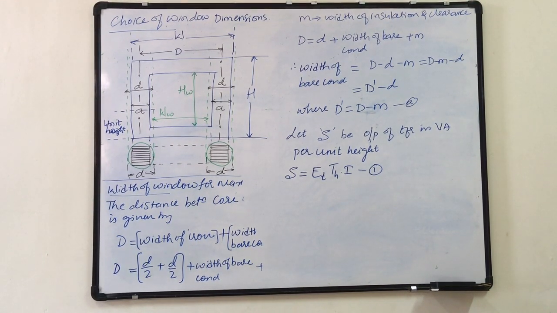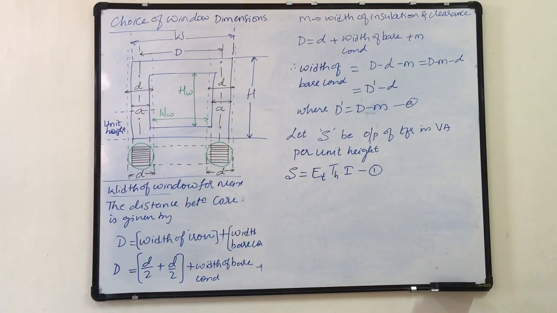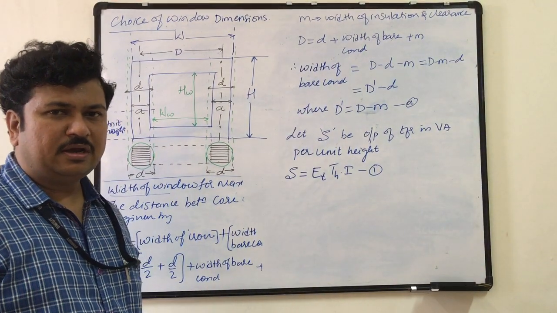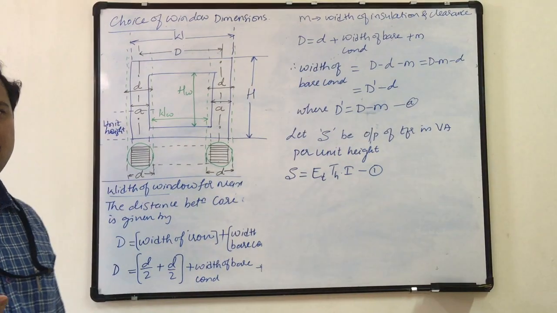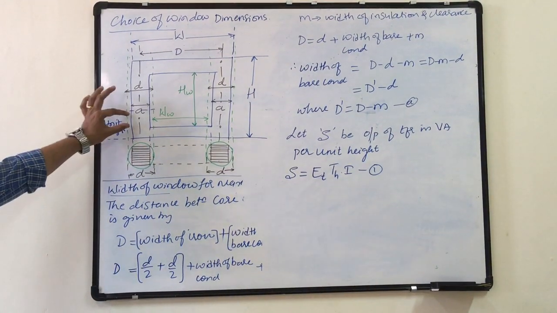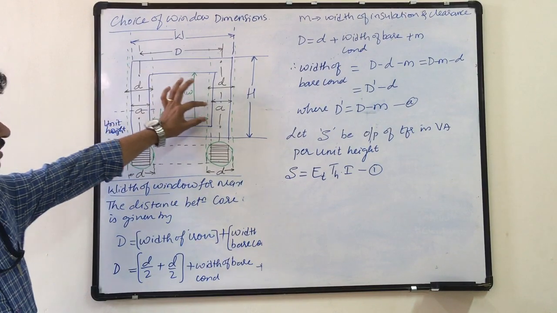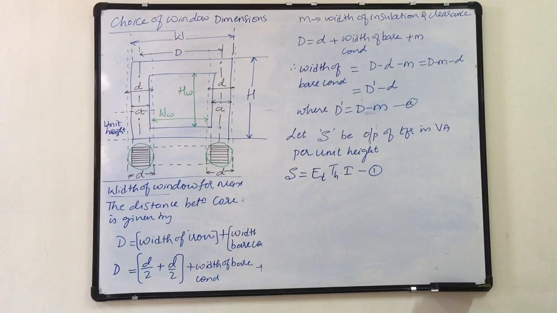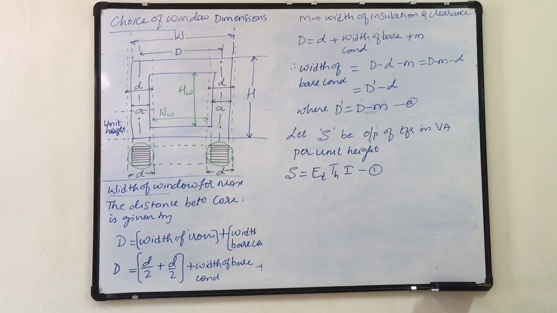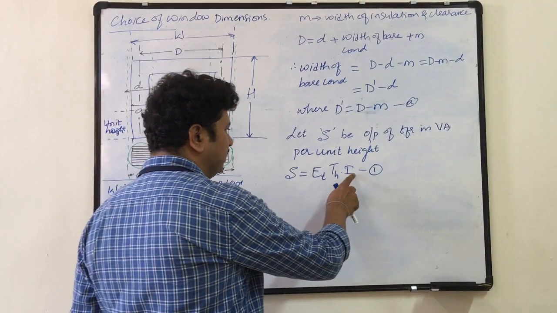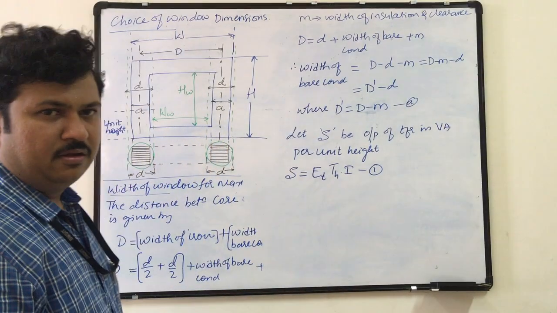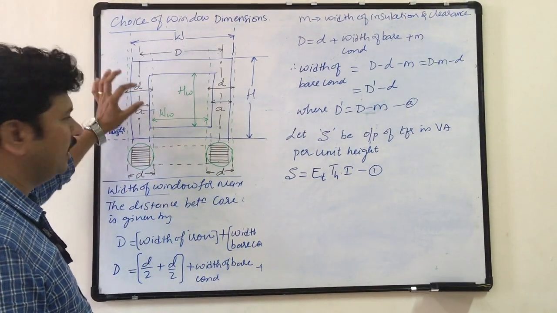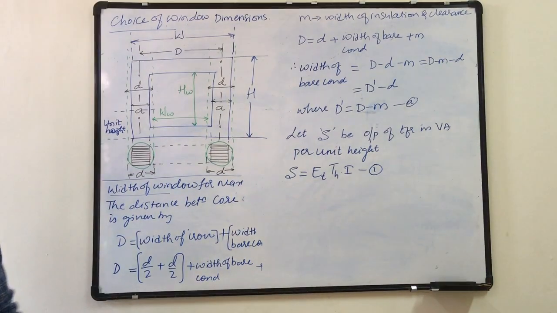So current, whether it is per unit height or per conductor or the total conductor, it is same. The current that is flowing in primary is same whether I place primary here, in middle, at the top, half here, half here. All the primary conductors are connected in series in the form of turns. So whatever the first conductor carries current, the last conductor carries the same current. So there is no meaning in taking I per unit height. Current will not increase with respect to height, but the voltage will increase with respect to height.